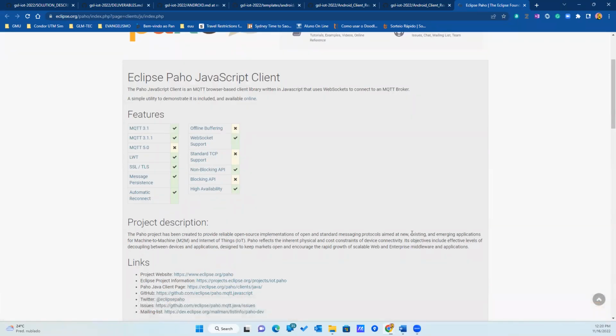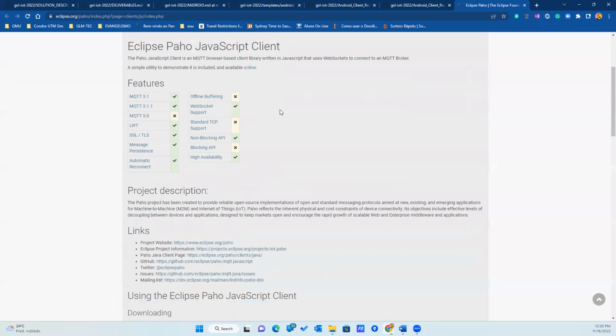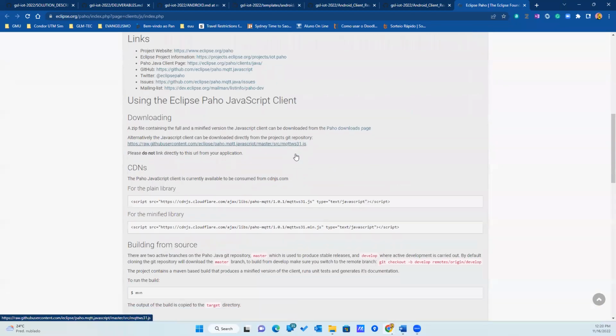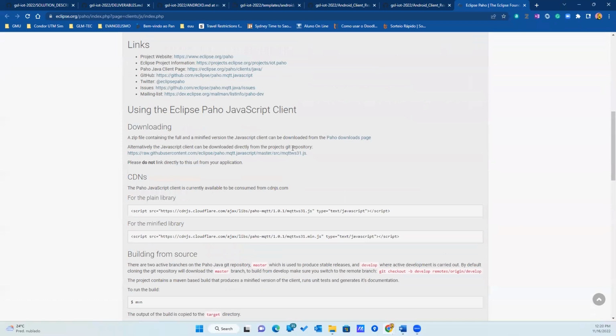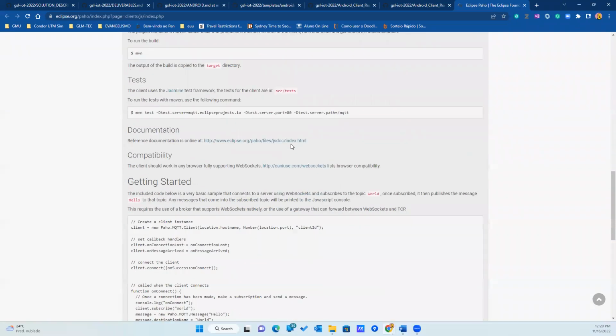Is very similar than the library that you use in the Python, okay? Where you can use this code to run inside, you can send message, MQTT message, using